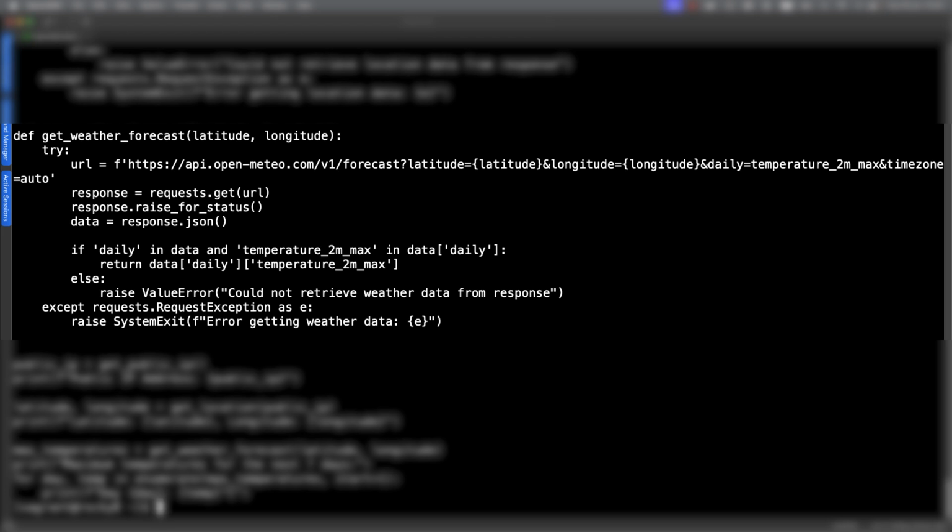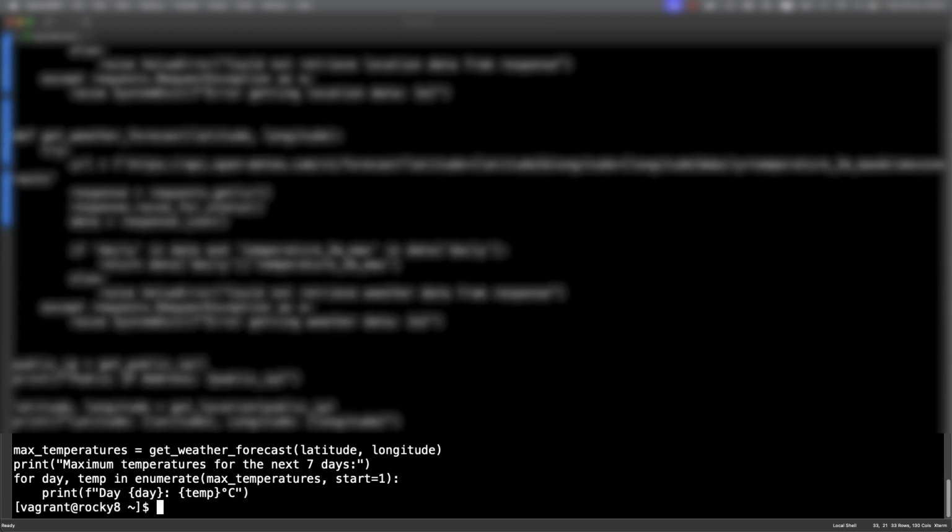So we're checking for daily, temperature, and we are returning the daily temperature. Moving towards the bottom of the code, we're populating the max temperatures array. And that's going to be made up of our get weather forecast based on our latitude and longitude. And then, of course, we print out the next 7 days temperatures.